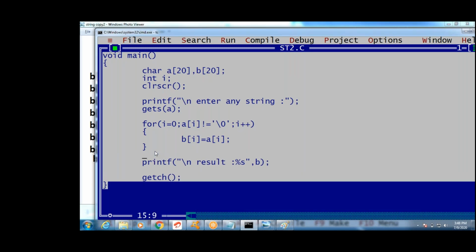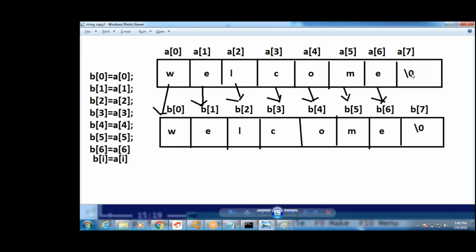B of i outside is b of 7. B of 7, you should assign the null character externally. We should assign this manually. In the loop it won't assign the null character.